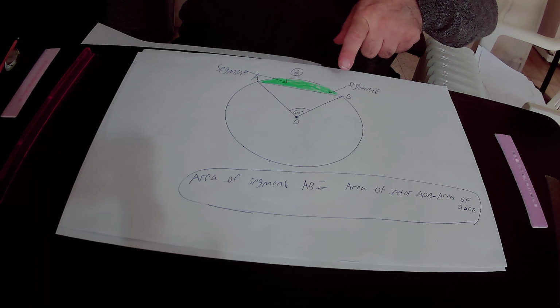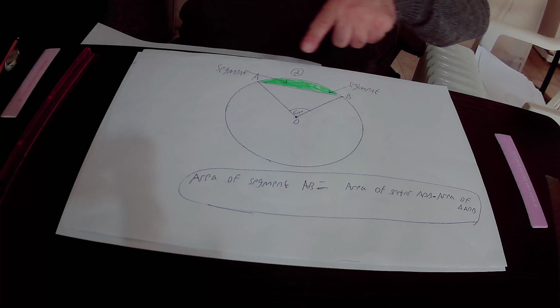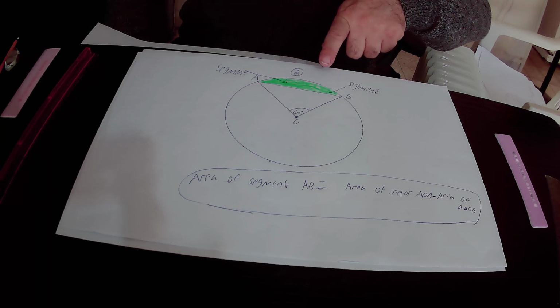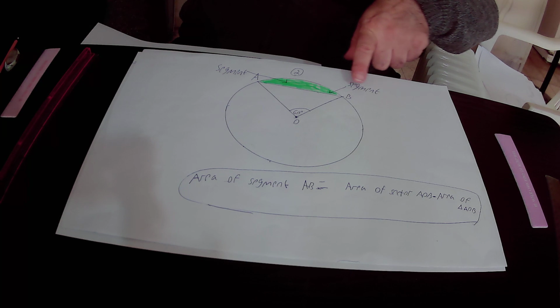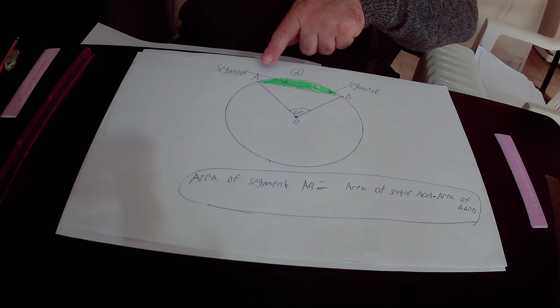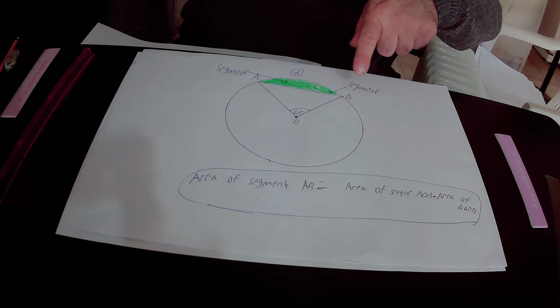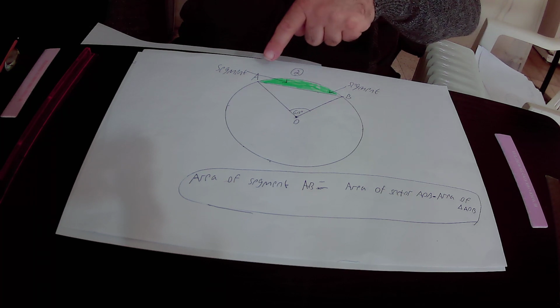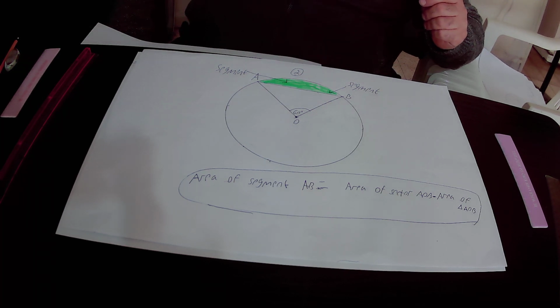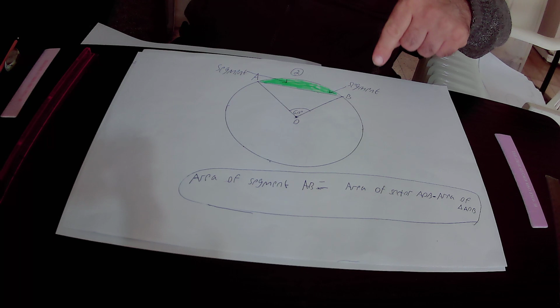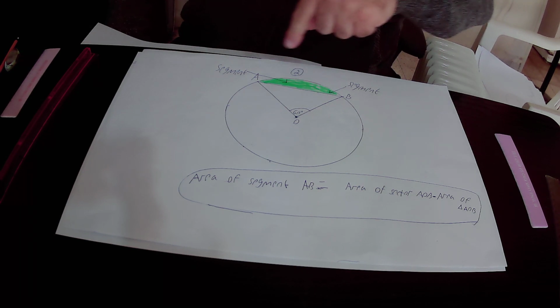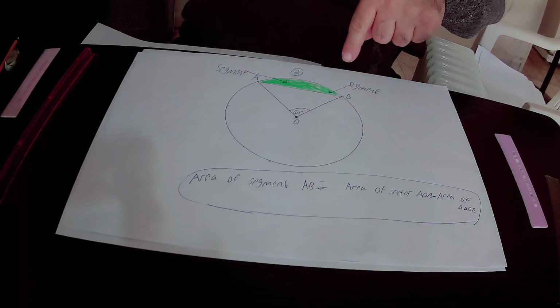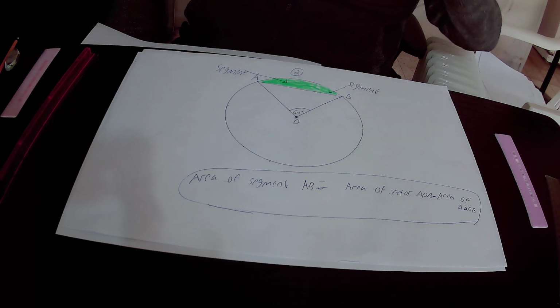This green shape is the segment that is bounded by arc AB and chord AB that is attached to this arc. The area that is bounded by chord AB and arc AB is defined as a segment, and